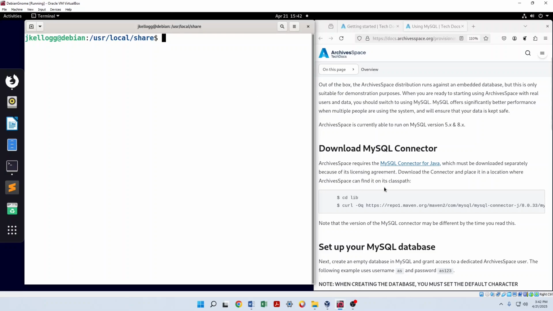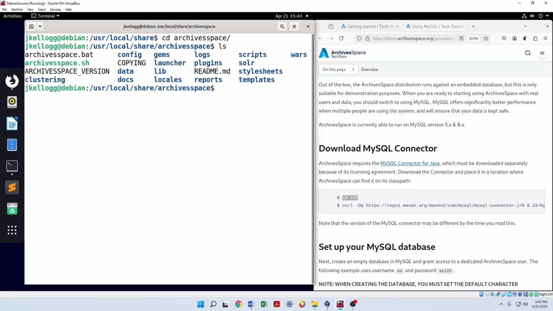So what they're telling us is we need to add this into the Archivesspace library. So it's telling us we need to change directories into lib. What they're talking about is the lib directory in the root directory of Archivesspace. So that's actually /usr/local/share, and then we'll cd into Archivesspace. We'll do ls to list the contents, and you'll see that there is a directory here called lib. That's where we want to be. We're going to cd into lib,